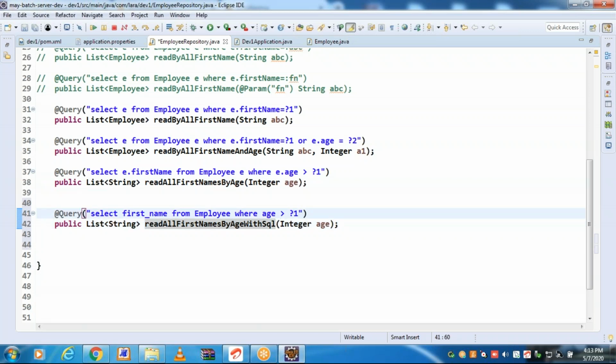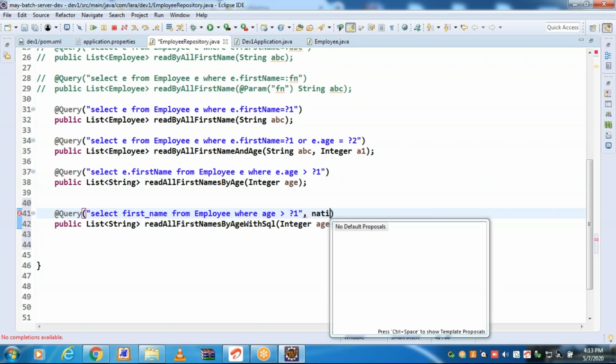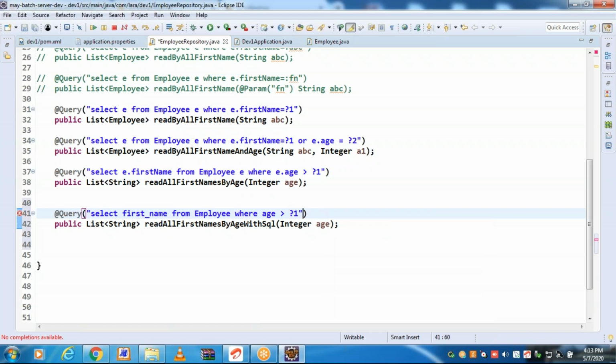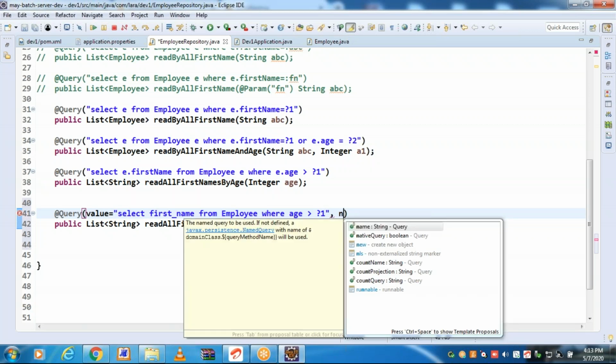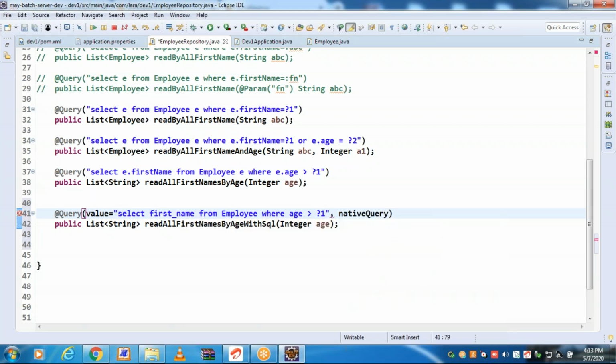If it is a raw SQL query, you need to specify a small change. Provide the value, then provide another attribute, native query as true.